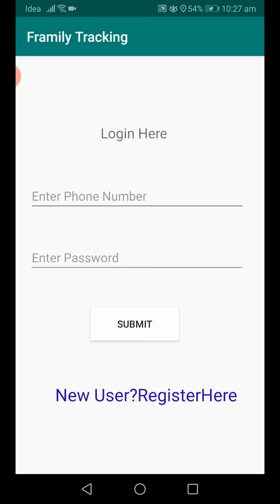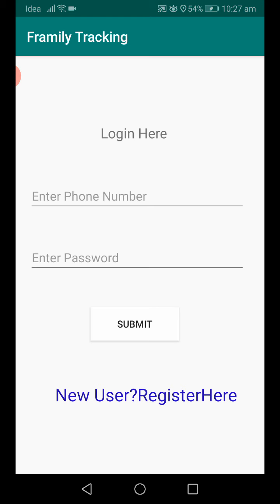In this application, we are using GPS service for alerts. We're sending some SMSs by using SMS managers. So like that we implemented this application. For this application we are using so many APIs. For storing data we are using Firebase API. For sending the SMSs we are using SMS integration API. For tracking the location we are using GPS services API.